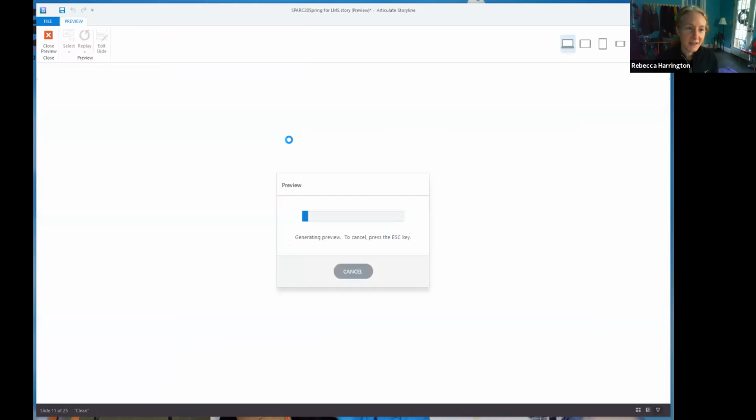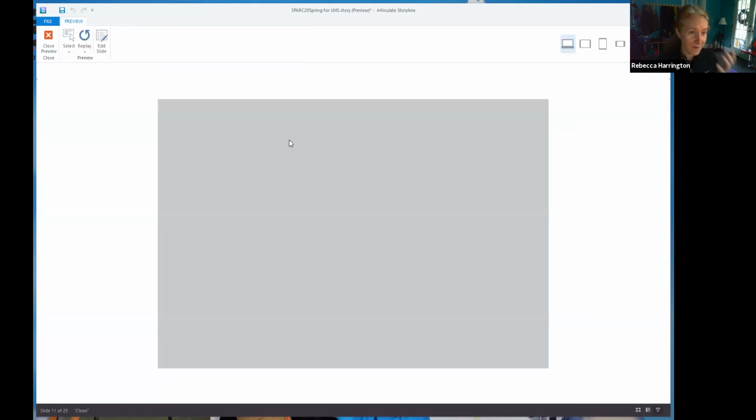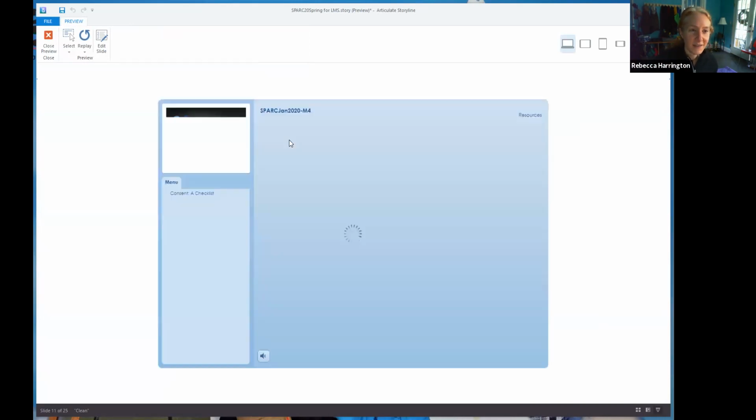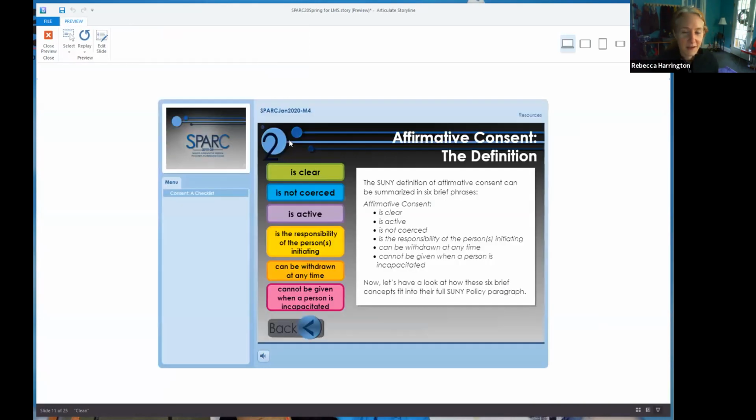As you may have noticed in some of the earlier ones, and actually I can run this while I'm talking, it takes a little while for it to generate this preview. If you preview the whole scene in one go, odds are good, I feel like every time I preview, there's 5 to 10 mistakes. And if it's slide 6, 7, and 13, well, then you have to go through 6. You get to slide 6 and you realize you made a mistake, and now you got to go start over again. Now this time you get to 7 and oops, you got to go out and start over again.